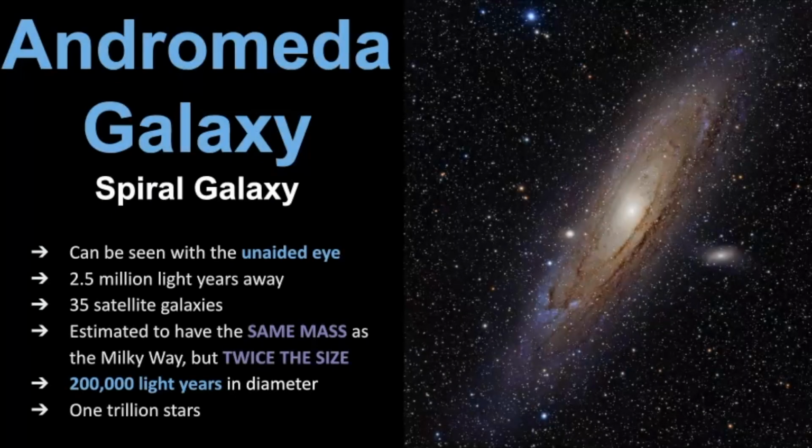Now we'll take a look at the characteristics of the Andromeda Galaxy. It is also a spiral galaxy and definitely a favorite to photograph for astrophotographers, and you can see why. It is such a gorgeous galaxy, and it can be seen with the unaided eye, and it's estimated to be 2.5 million light years away. It's estimated that it has 35 satellite galaxies, and it's said to have the same mass as the Milky Way, but twice the size, which would make its diameter going across 200,000 light years, and it's estimated to have 1